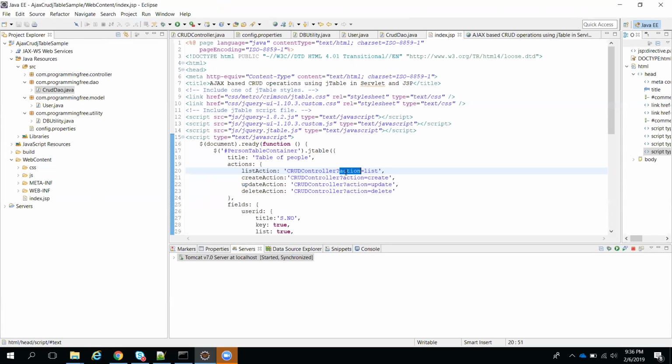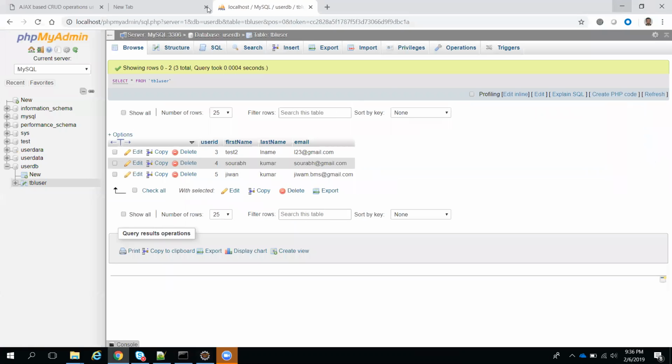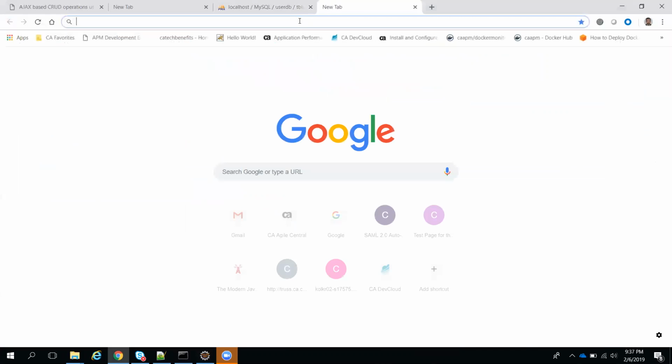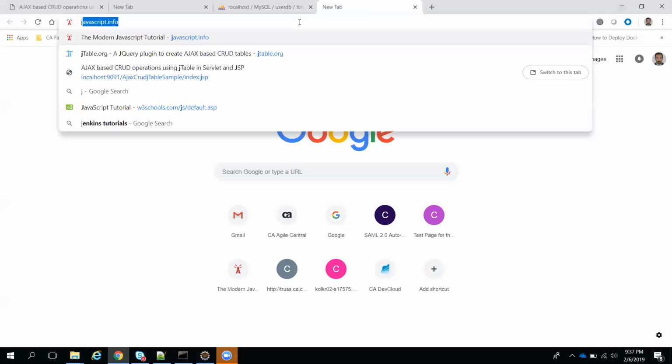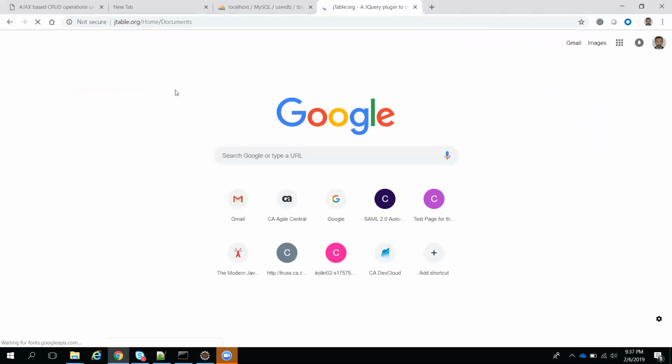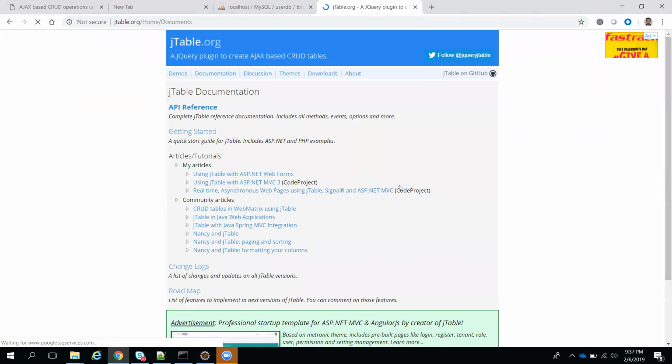Now I want to show you pagination and sorting, those things. If you see here, based on our data, maybe sorting is not there, because this is a basic example of how to retrieve the data we are showing. Now I want to keep some sort icons here. We will go to the jQuery jTable documentation to see how we can implement it.